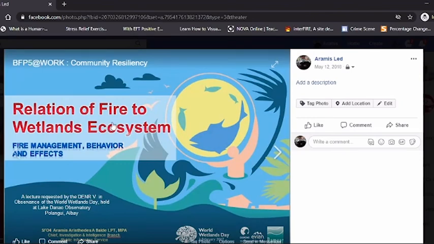And tuwang-tuwa naman po yung DNR because you were able to comply with the needs of the environment, with the needs of our fellow government agencies. So, ibig sabihin po nito, our safety program, it should be comprehensive. Tulad ng example ko doon sa map. Naalala niyo yung map kanina? Yung map ng